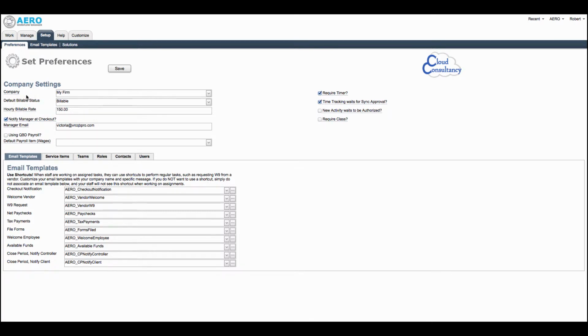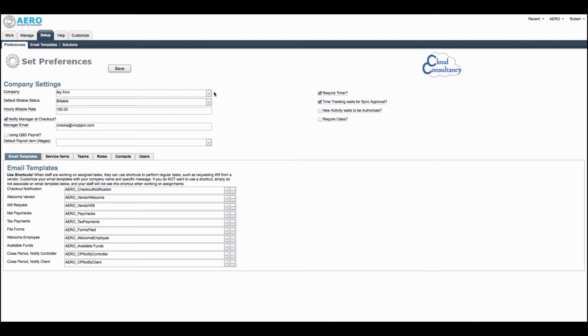First is the option to set up your company, indicate what your company is. When you're doing some internal work in Aero, there will be a link to set something as My Company, and that'll automatically set it as not billable and fill in your firm's information. Most people don't have their company already set up as a customer, but it is helpful to do this because